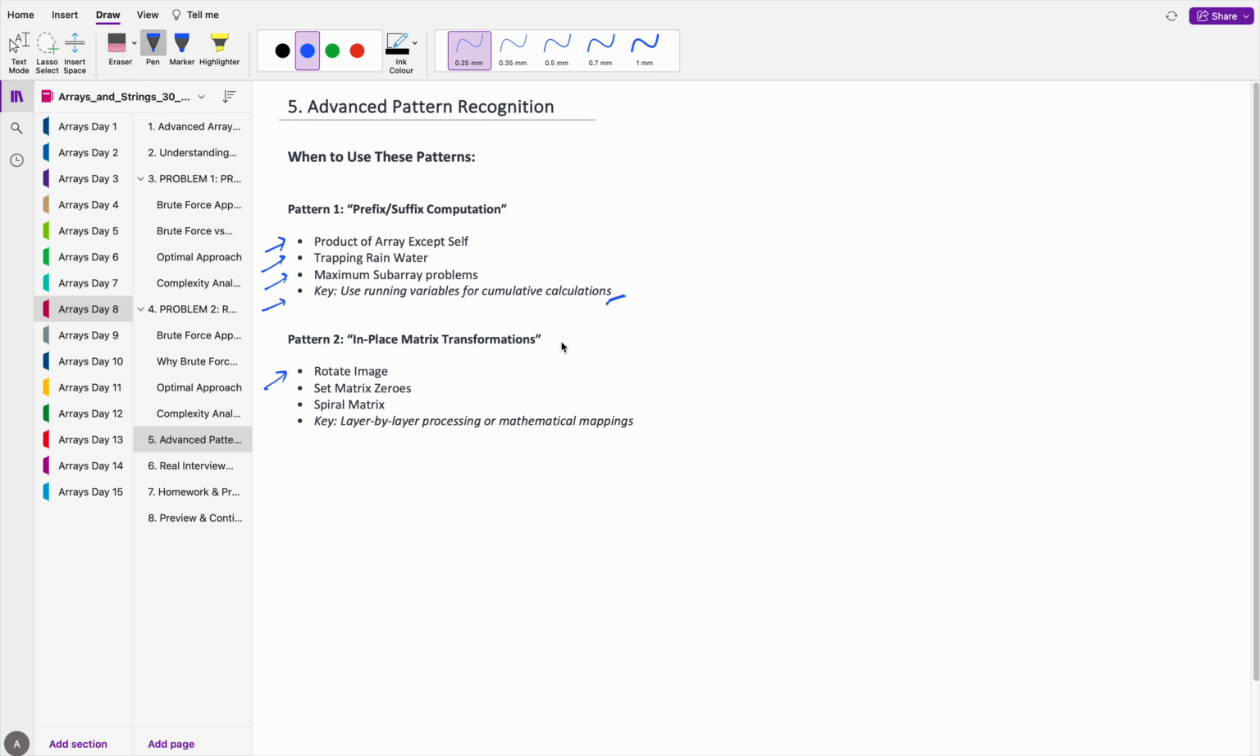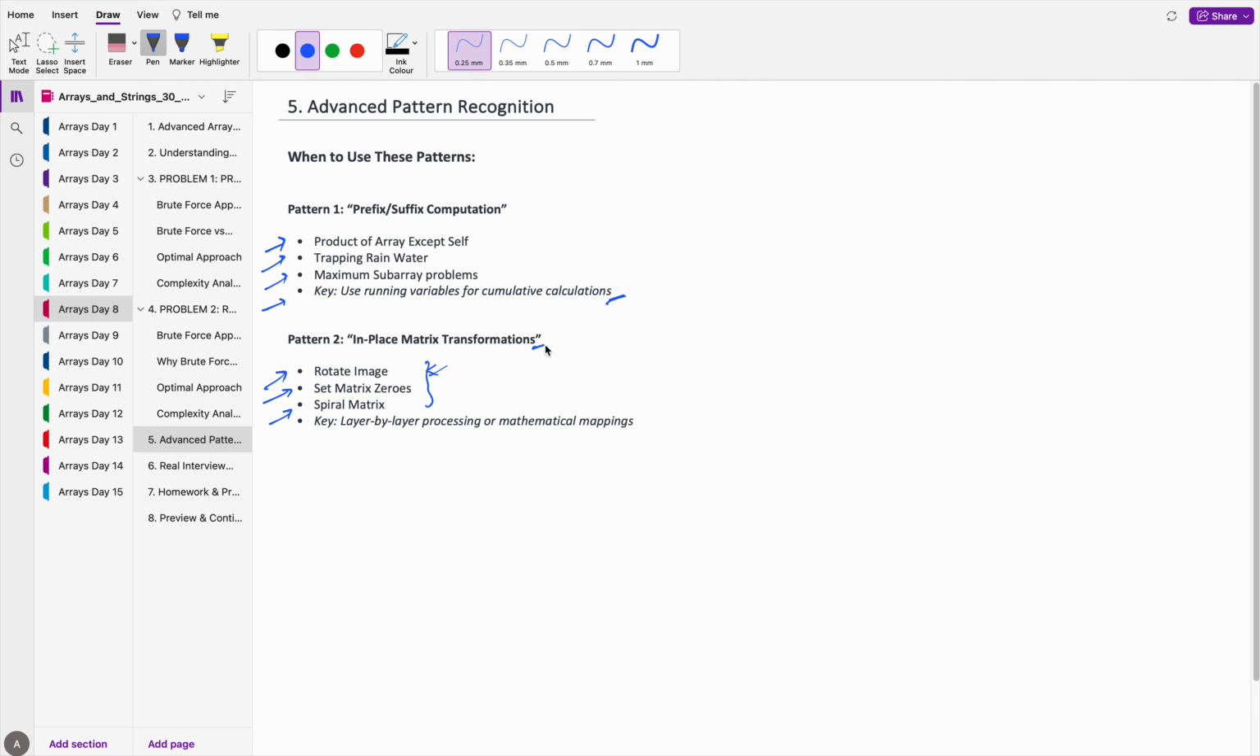Next is in-place matrix transformations. So rotate image, one question. Set matrix zeros is also one question. There are different kinds of questions. Spiral matrix is there. So if you work upon these, you will understand how you can work with in-place, or you can say you can practice a little better on these kinds of questions to get the idea of